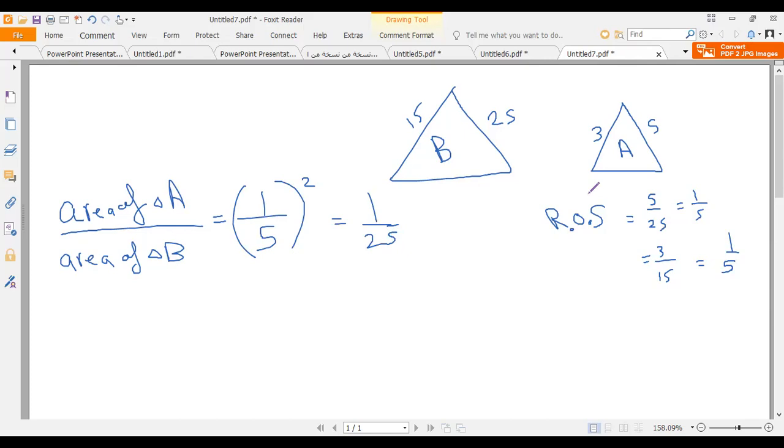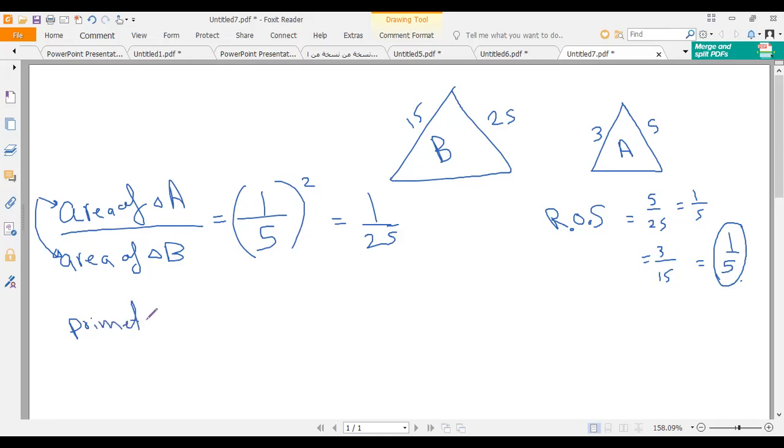For example, if the area here is 10 squared units, the area of this one will be 25 times the area of this one. You understand? 25 times the area of this one, okay? So when you find your ratio as a ratio of similarity, you can square it to find the ratio between the areas of two polygons. Okay, if you want to find perimeter,